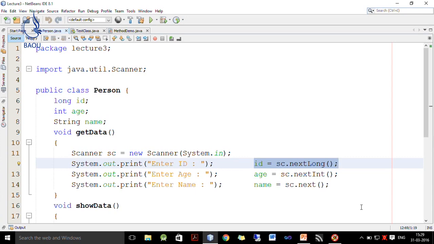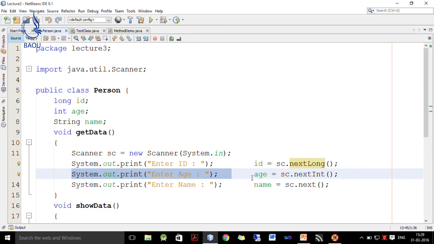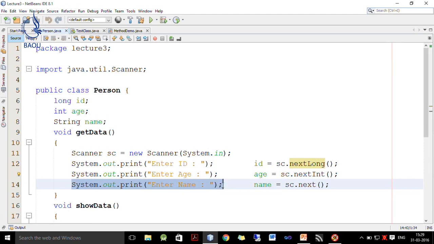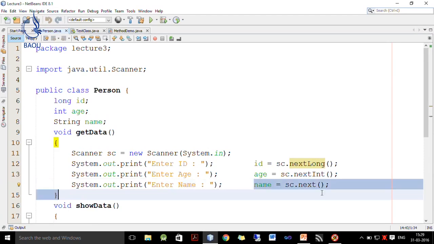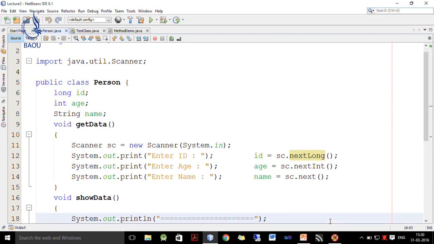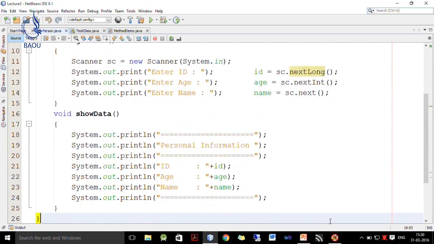Once id is read, we ask the user to enter age and it is stored inside age by the method next integer of scanner class, and finally, we read the name of the person from the user and it is read using the next method, because the next method returns a string. So, I hope you can understand this get data method which actually reads data from the user.